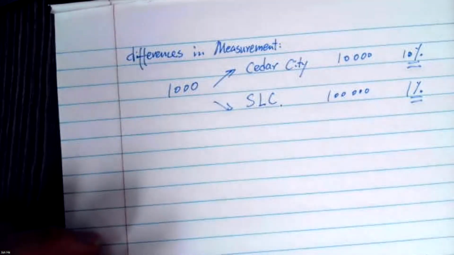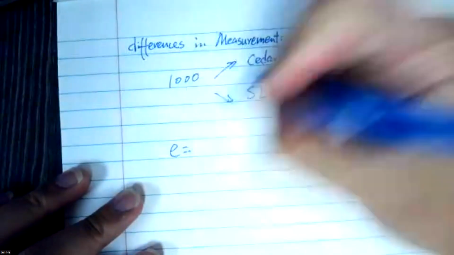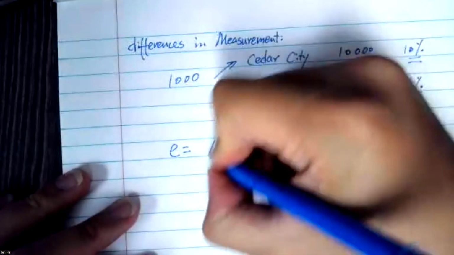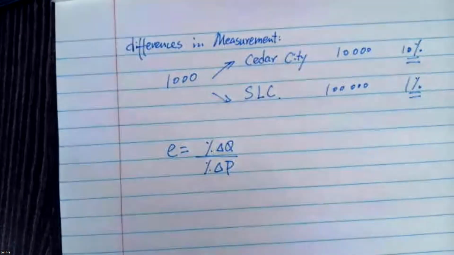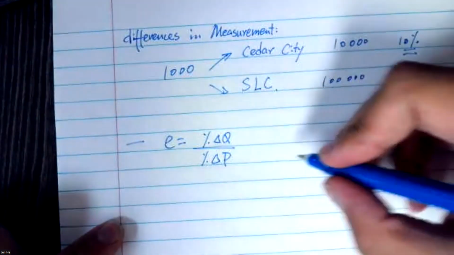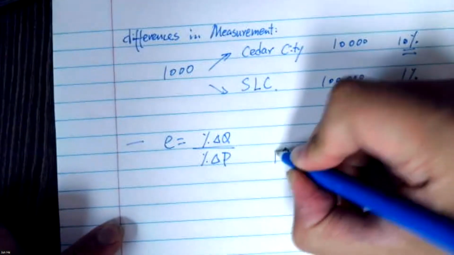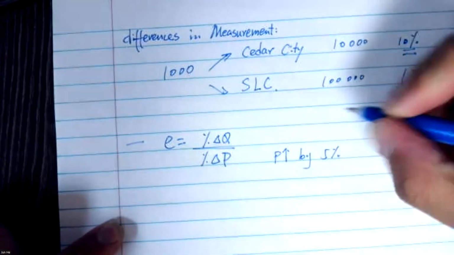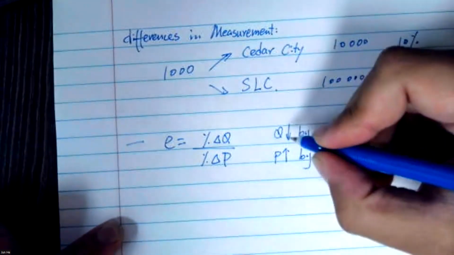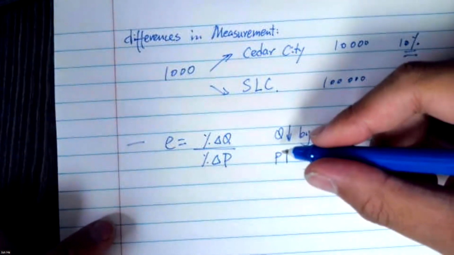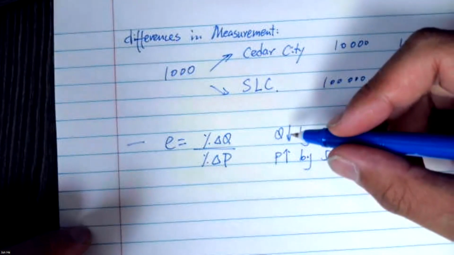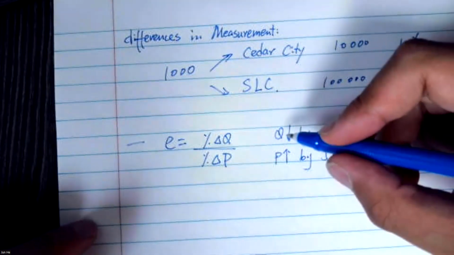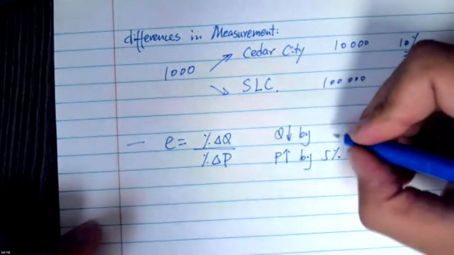So here comes the first version of elasticity, which is the percentage change version. So here is the percentage change in quantity over the percentage change in price. How do you understand this? Well, if price increases by 5% and the quantity decreases, this is a demand case, because by the law of demand, price and quantity should be negatively related, right? Price increases, then quantity consumed or demanded should decrease. So quantity decreases by, say, 20%,